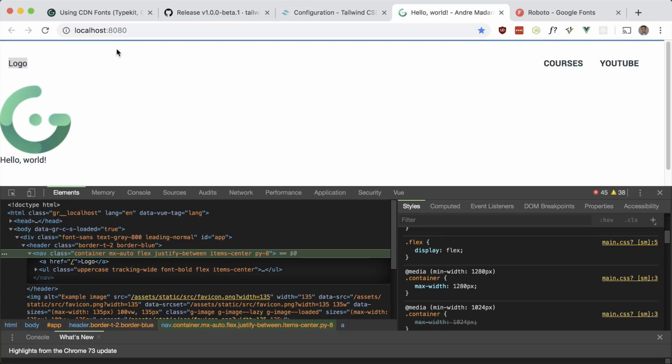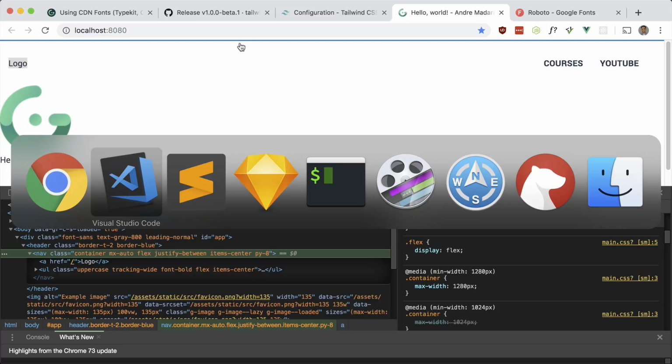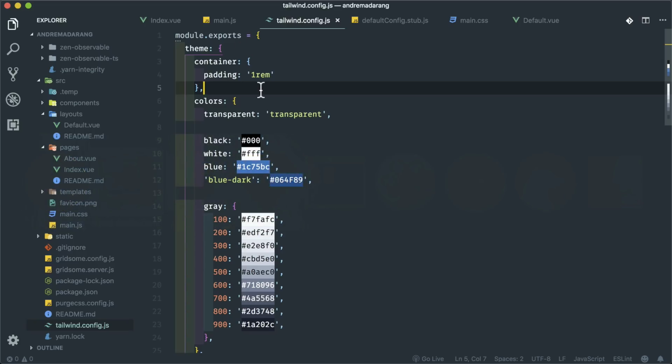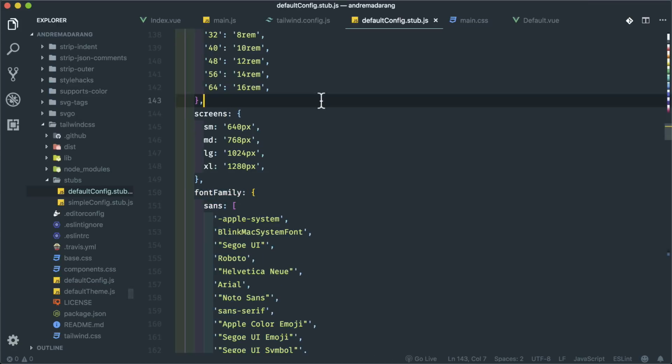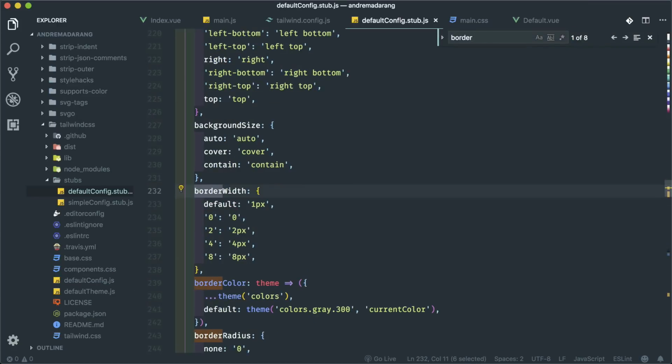Okay, so there's some padding on it now. Cool. Okay, so for this border top, I only used 2 pixels here, and I want to use a bigger one. So look for border widths here, right here. We can just copy this, paste it in there in our own config, and just add whatever width we want